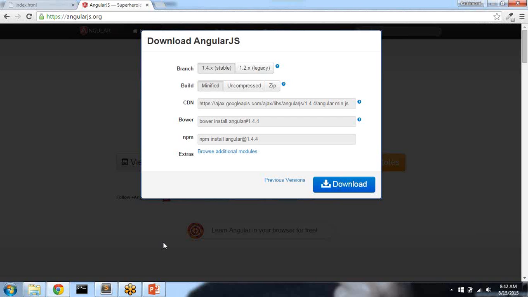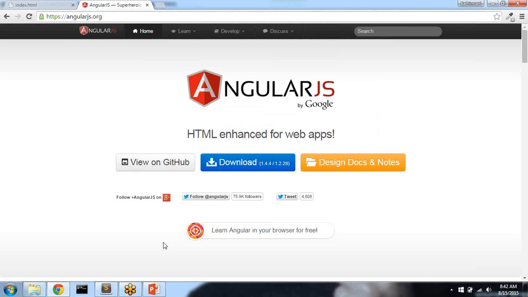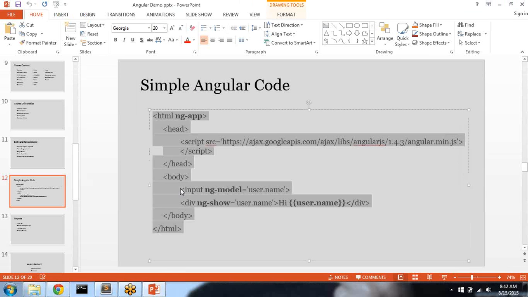If you are going to write some application using AngularJS, you have to download this JavaScript file. This is the backend where all the functions are defined for AngularJS, and no separate installation.